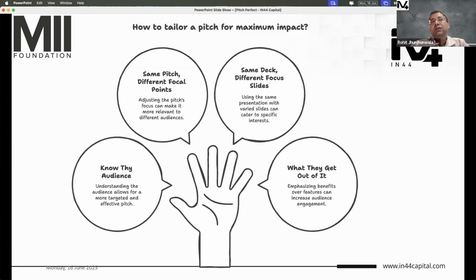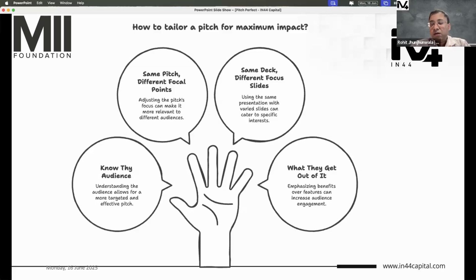One slide contains what the fundraise is for, what the valuation is, what the team is like. All of that might be important to one person. But what's your product like? Who are your current customers? What is your pricing strategy? That might be different when you're pitching to a customer, right? And what is your vision of the company? How are you solving a problem? That might be interesting to a person you are onboarding as a team member.